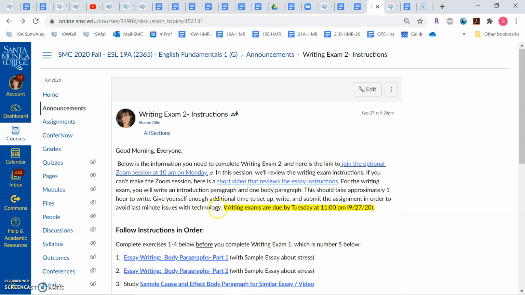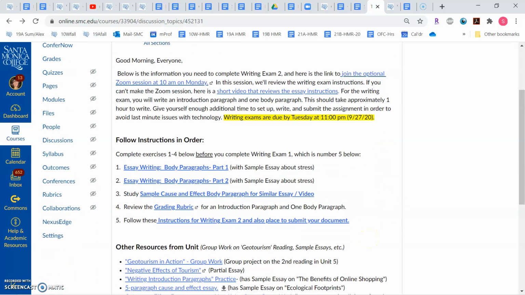Give yourself enough additional time to set up, write, and submit the assignment in order to avoid last minute issues with technology. All writing exams are due by Tuesday at 11 p.m. There's a few things you'll need to do before you begin the writing exam assignment. I posted these over the weekend, and if you haven't had a chance to do them,